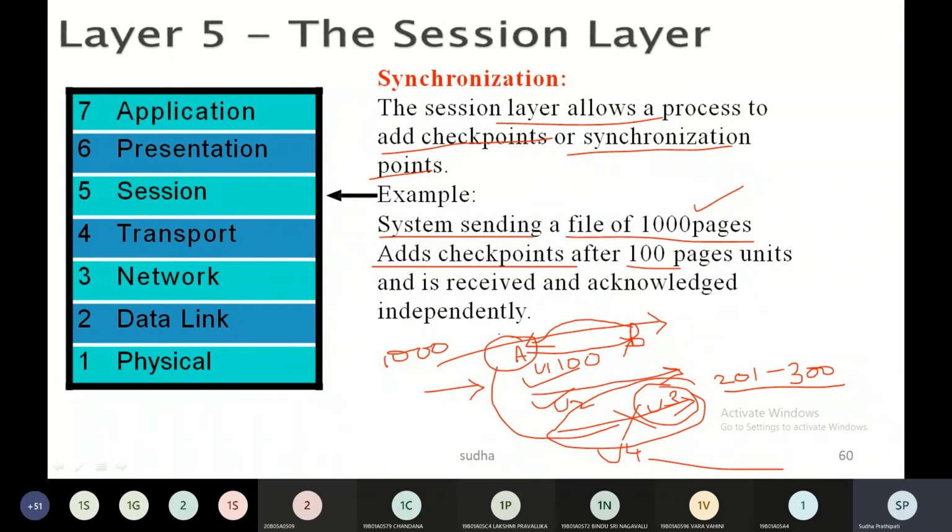Since it did not know, it would understand that the pages were not sent and retransmit all the pages again, which would be a problem. So the session layer does this: adding checkpoints and synchronization points.